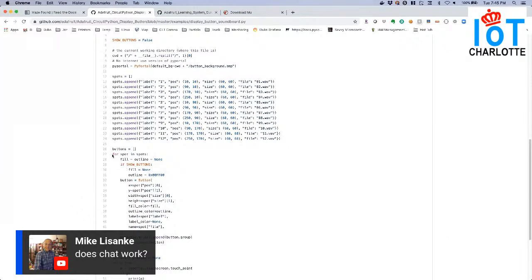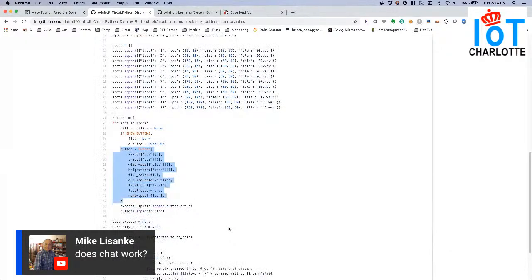But so this is a button, and obviously it's got an X and a Y, a width, a height, a fill color, an outline color. You've got a label and a label color, and then obviously a name.